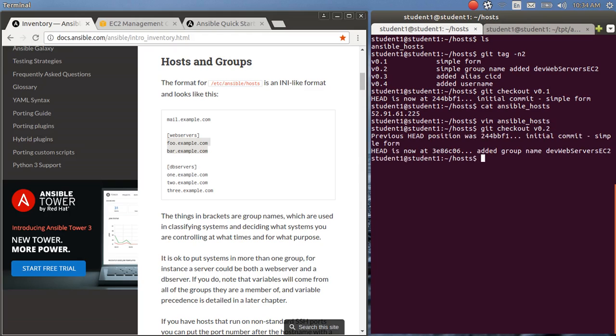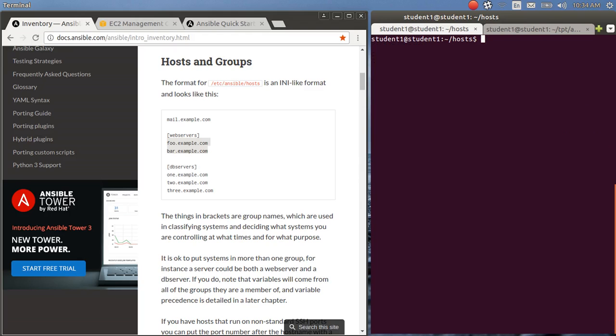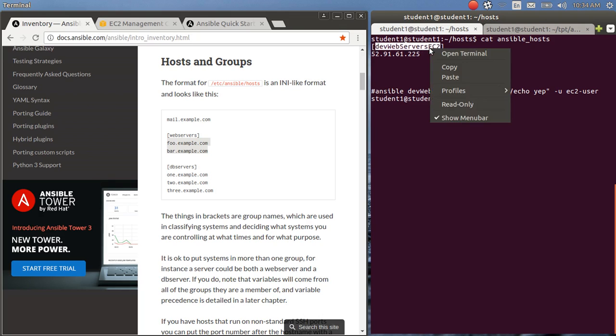All right, and then we'll do a cat on that. So now in ours we have a group, and this is the name of the group, Dev Web Service EC2. That's the name of the group. It's the same IP address, but this is just the name of the group. So now instead of using